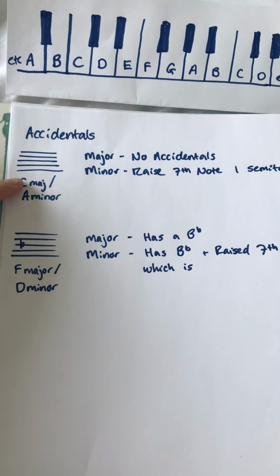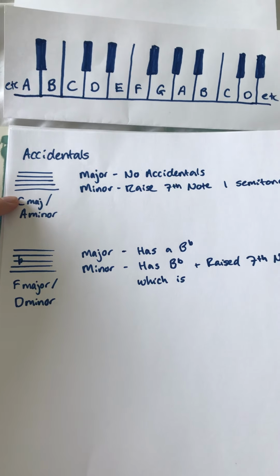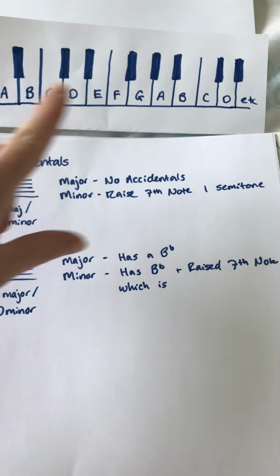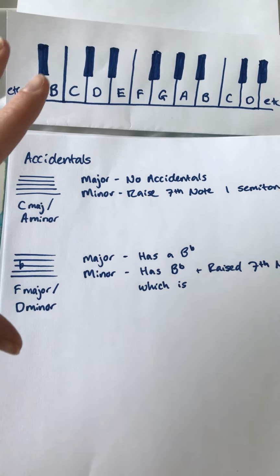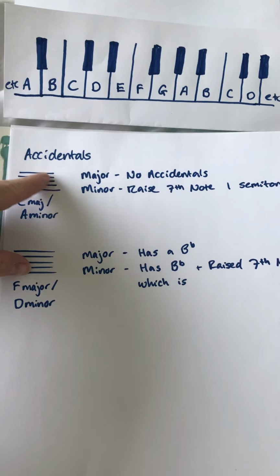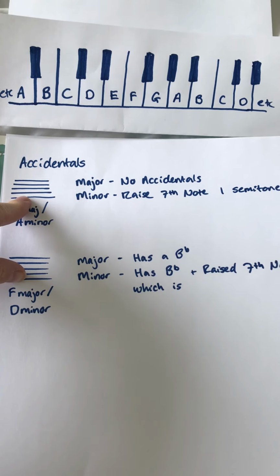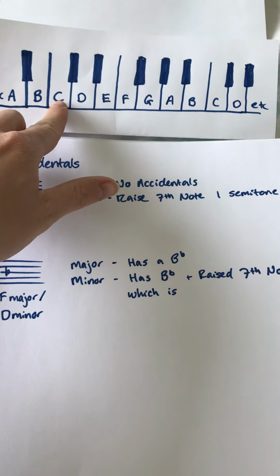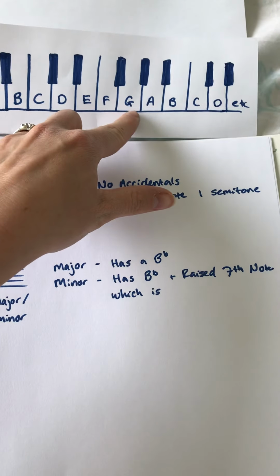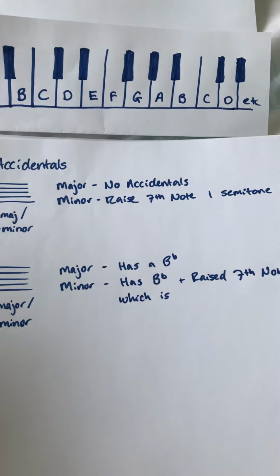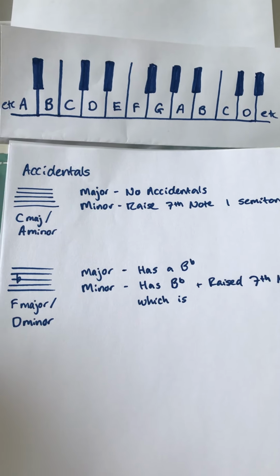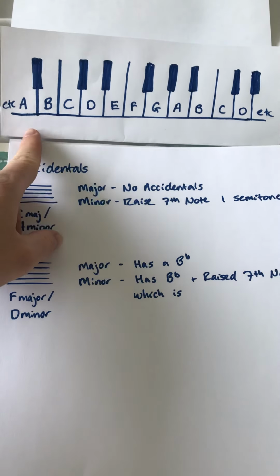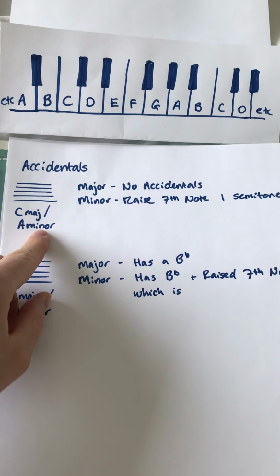So if we're doing a C major scale, we are going to go from C and we're going to end on C, okay? And in a major scale with nothing in my key signature, I'm just going to go up all the white notes. So I'd have note 1, 2, 3, 4, 5, 6, 7, and 8. Okay? No accidentals. A minor is a different story though, because for a minor one, as it says in your